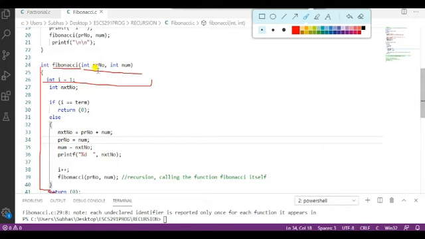One of the arguments is pr_number, meaning previous number. You can give any name to the previous variable, and the second is another number, num. Initially pr_number is 0 and num is 1. So this is my first two terms. I will have to calculate the next term. How do I calculate? The next term is calculated by adding the previous two, so 0 plus 1, the next term is 1.